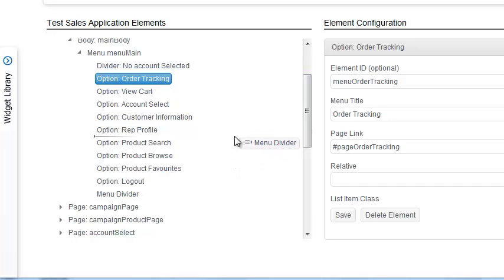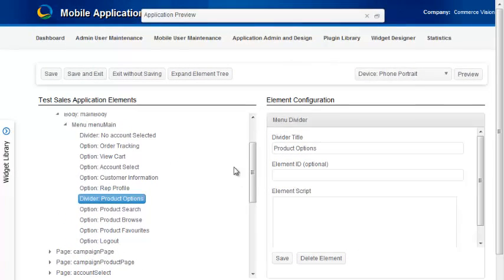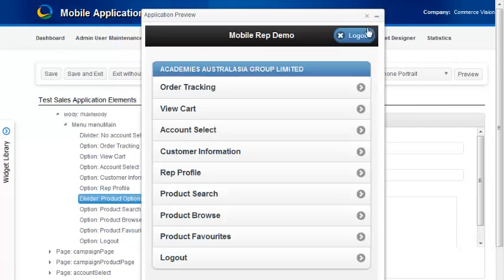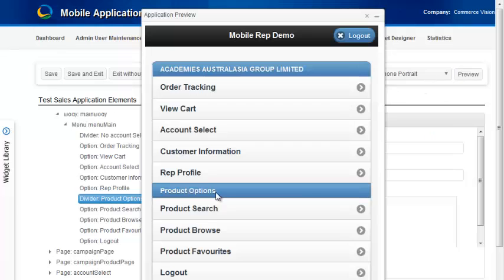What I can do is move that up, and I might put that in there and give that a name of product options. And when I show my preview again, I'll just save that, preview the item, and I've now got my product options divider.